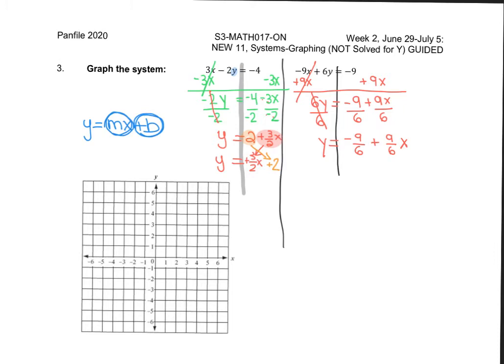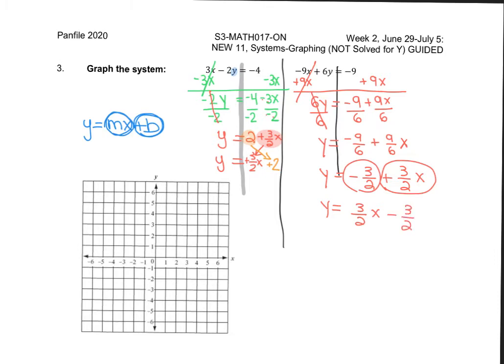Now, 9 over 6 ends up being, when it simplifies, I can take a 3 out of both of those. I can divide out a 3. So I get y equals negative 3 over 2 plus 3 over 2x. I'm going to scoot them around. I'm going to switch sides. So I get y equals, this one is a positive, so 3 over 2x. And this one is a minus